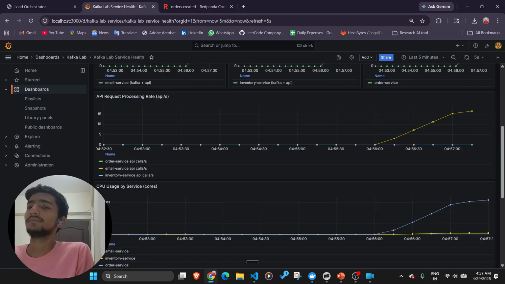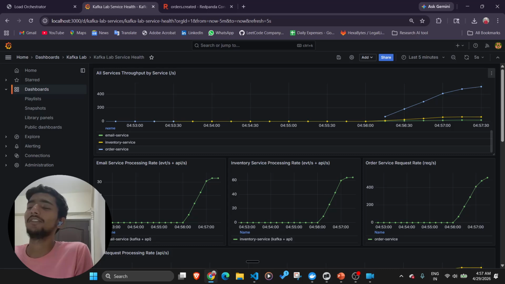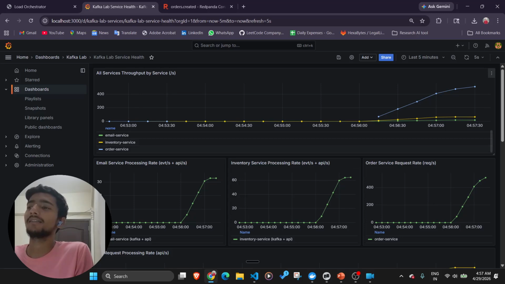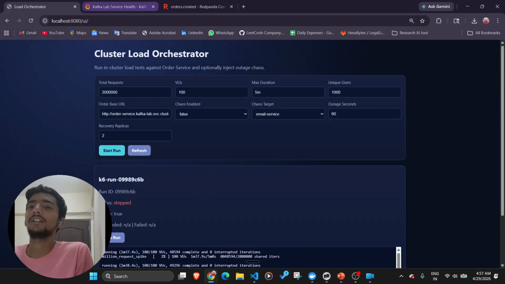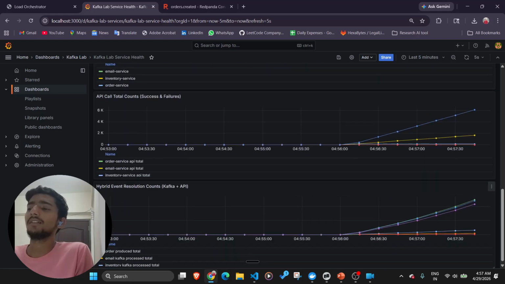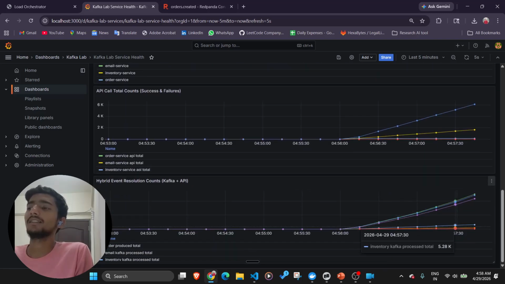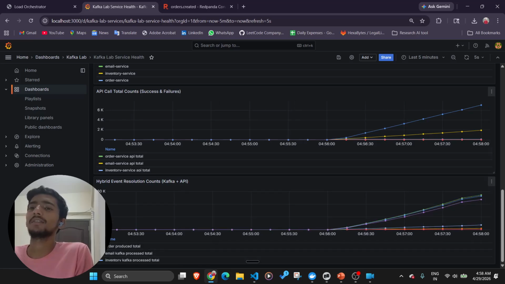They are going through Kafka and the things are resolved. So the pain and the fix are verified. I mean, I felt the pain, then I fixed it with Kafka. This is something that gives you impact. And if I now stop the API requests, then based on the events already in the Kafka pipeline, the order produced total is that much and the email Kafka process total is that much.